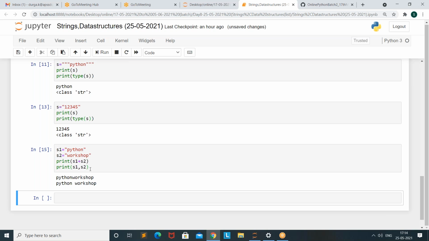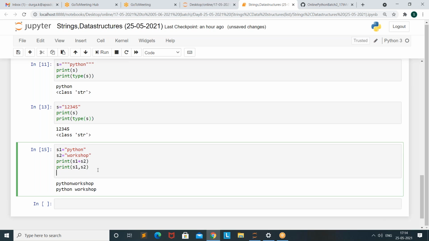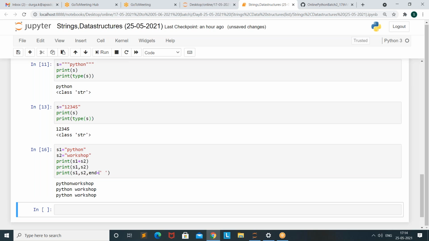A comma basically gives only a space. So end equal to space displays only the ending, right? S1 comma S2 end equal to space. So I'm using a comma here, right? That's why it gives an automatic space. So no need to use a separator here because if you use a comma, then it automatically takes a space.